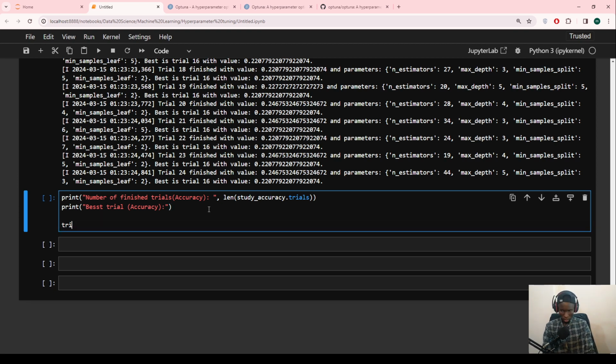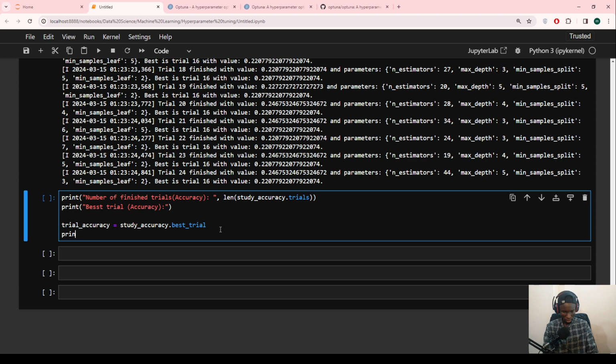So trial accuracy goes to study accuracy. So here basically we are trying to determine the best trial accuracy equals study accuracy. That's okay. Then we can print generally the values. This will be the value for accuracy. So trial accuracy dot value. Okay. So basically here, what we are doing is that we are printing